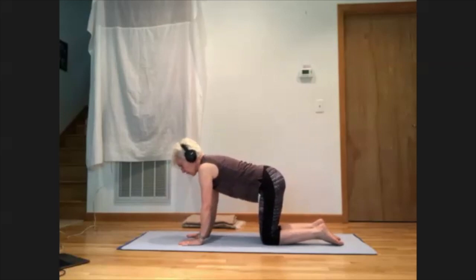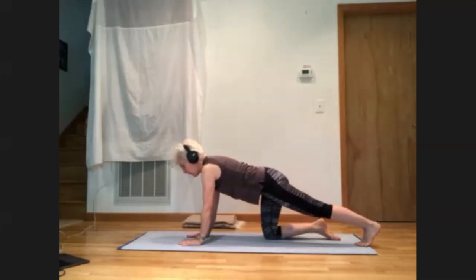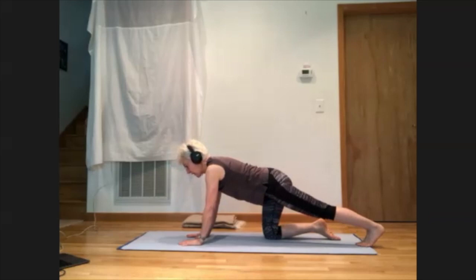So just a little stretch for the legs and the feet here. So on an inhale, bring the left foot straight back behind you, the ball of the foot and the toes on the floor, the heel straight up toward the ceiling. Give a little pressure with the hands to take a bit of a stretch out of the back of the leg, especially the lower leg and the bottom of the foot. Okay, everything's still aligned, facing forward,